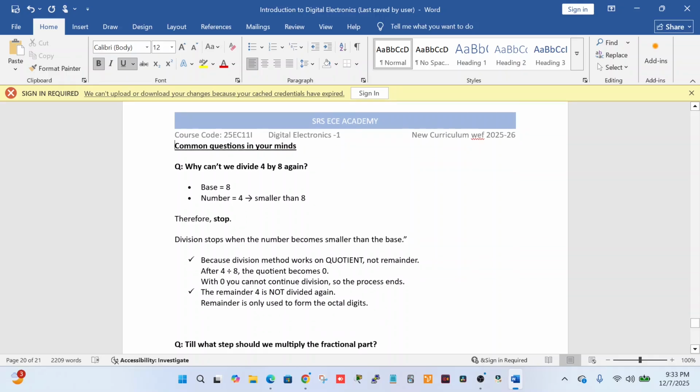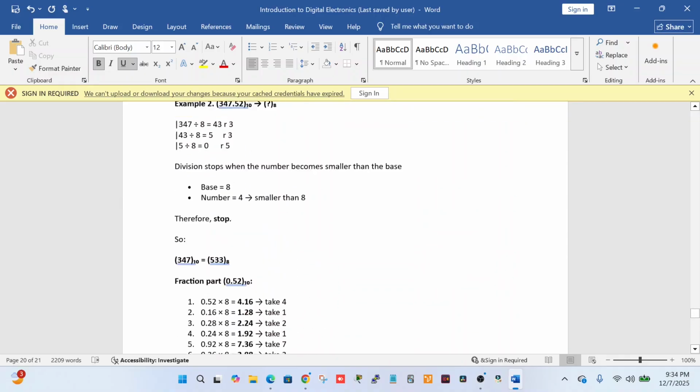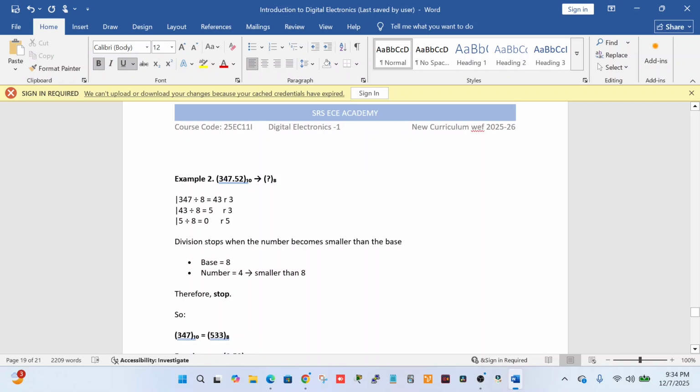Division stops when the number becomes smaller than the base. Here the number is 4, and 4 is smaller than the base, which is 8. Next, the division method works on the quotient. See, here you are dividing 43 by 8, and the quotient is 5. Sorry,